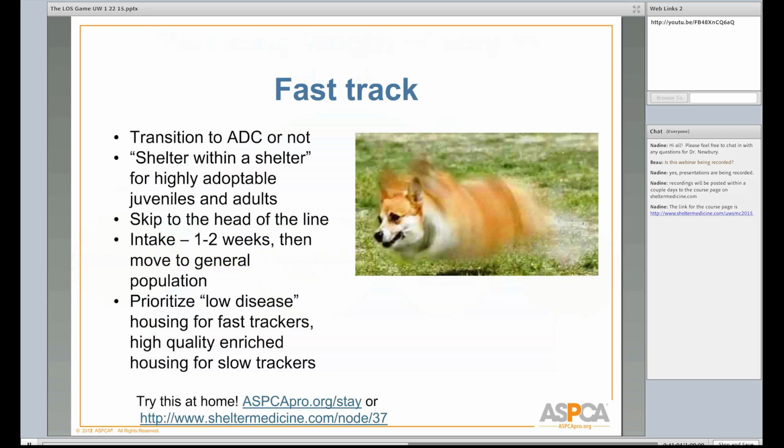Fast track is another kind of way of thinking about this, and it goes back to when I was talking about averages. The idea with fast tracking animals is to say, well, let's think about this as two separate pathways: one pathway that moves slowly, and this other pathway that moves quickly, sometimes really, really quickly. And so what we can do is say, those animals who move quickly don't need very much length of stay. So let's make sure that we're always putting them up for adoption very quickly, because they go up and they leave, and they go up and they leave, and they go up and they leave.